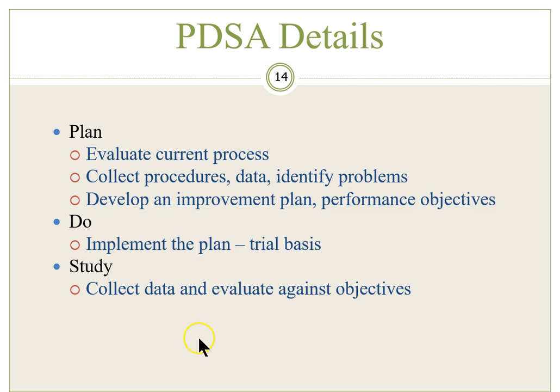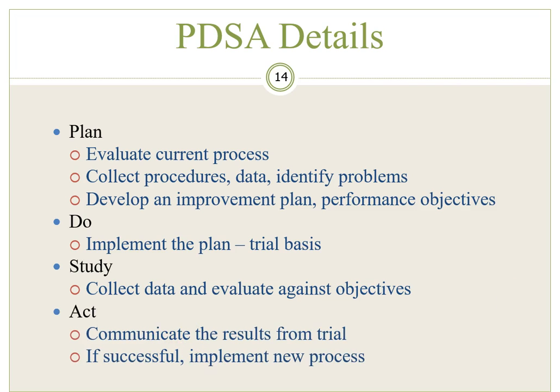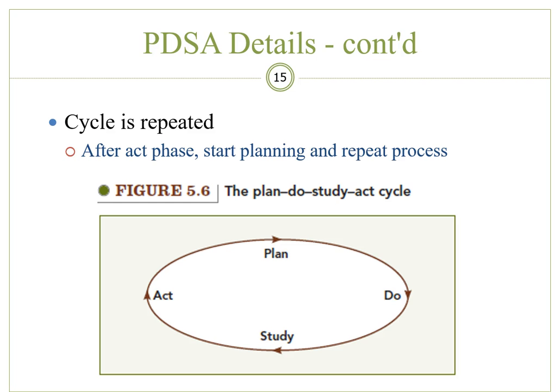So, plan, do, study, act. Now we saw on the previous slide that continuous improvement has the concept of the plan, do, study, act cycle. This cycle describes the activities a company needs to perform in order to incorporate continuous improvement in its operation. Planning is the first step in the PDSA cycle. Managers must be able to evaluate the current process and make plans based on any problems that they find.